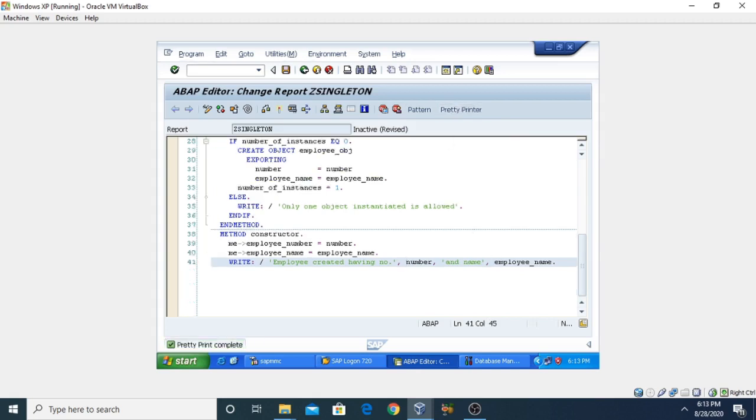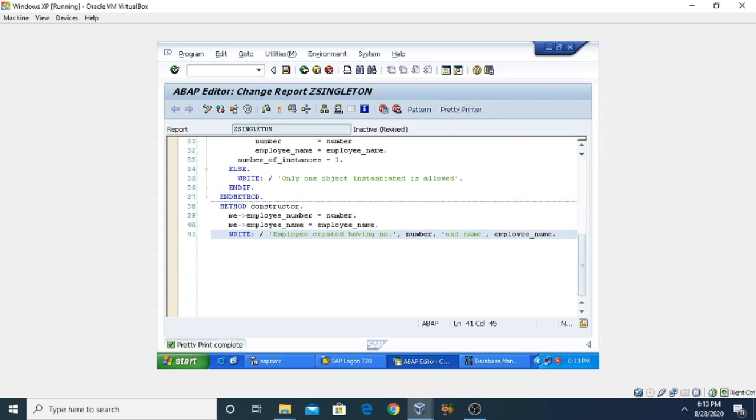Use the pretty printer here. So in this constructor we have defined or called the employee number and employee name.